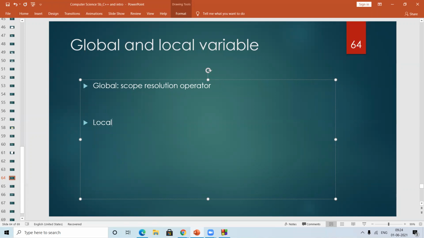Local means what? Local means when we have a block of a statement. Block of a statement means when there are curly braces open and close, it is known as a block of a statement. इसके अंदर अगर हम कुछ int, char, float ऐसे कोई भी variable define करते हैं, declare करते हैं, then the scope of that particular variable is only for these two curly braces. उसके बाहर आप अगर उसको कॉल करने जाओ, उसके बाहर आप अगर उसको यूज करने जाओ, it is not possible because it's a local variable.